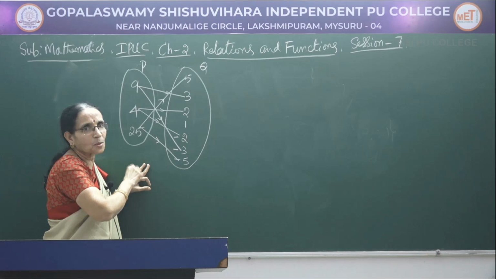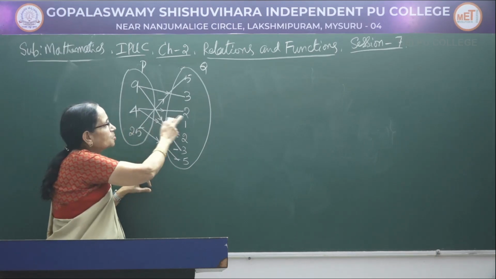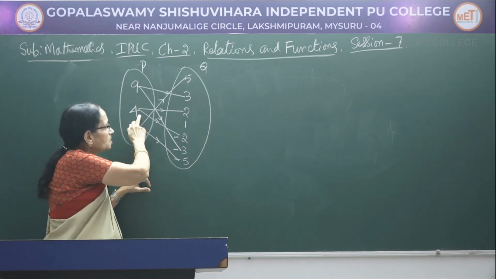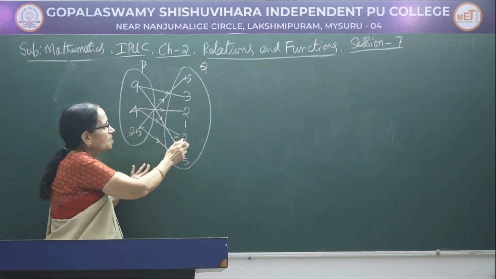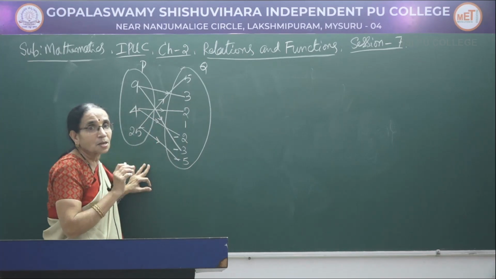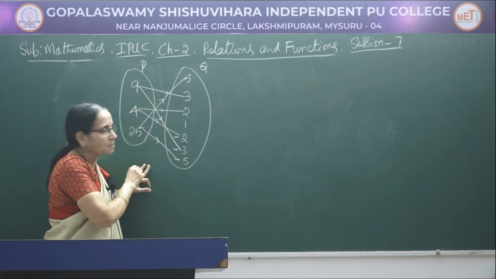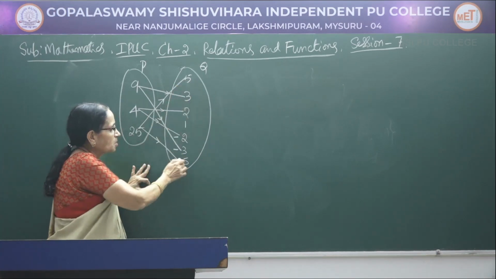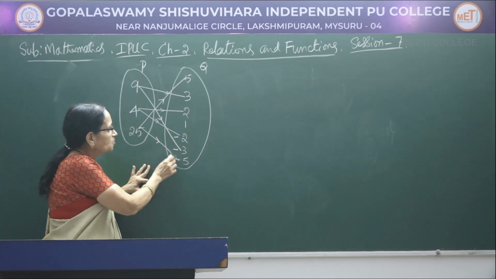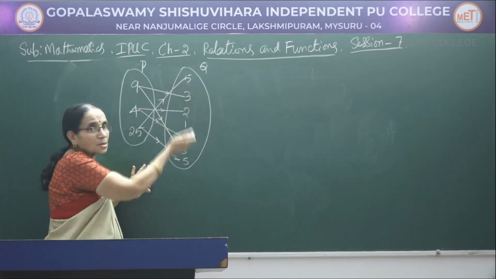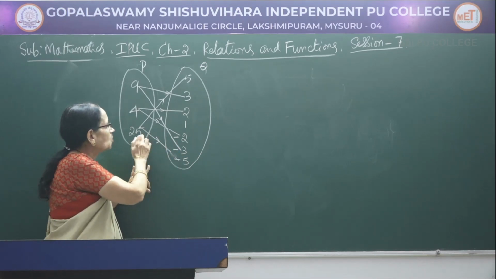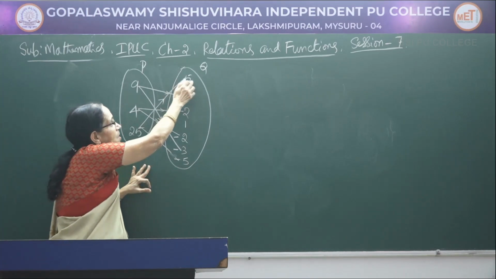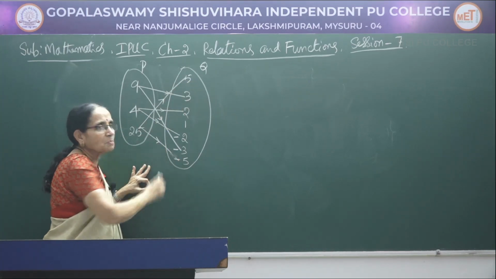Come to the next number 4. Here also, 4 is the square of 2, and 4 is the square of minus 2. So in this case also A would be equal to B square. So that is a relation we can think. Come to the last number 25. Now 25 I have associated with plus 5 as well as minus 5. You know that plus 5 whole square is 25, and minus 5 whole square is also equal to 25. So if you take this as (A, B), again A is B square.